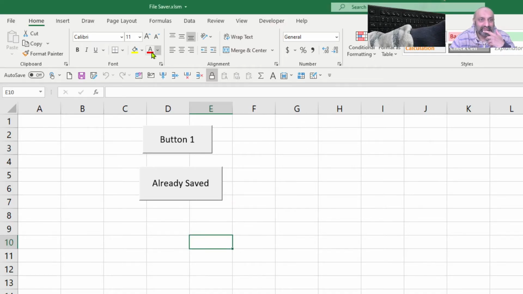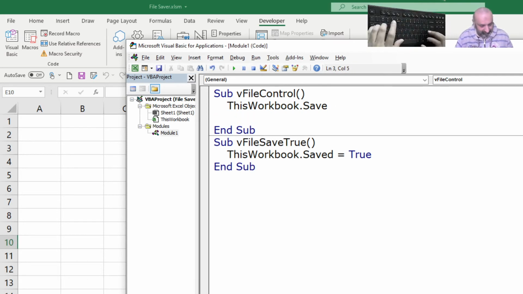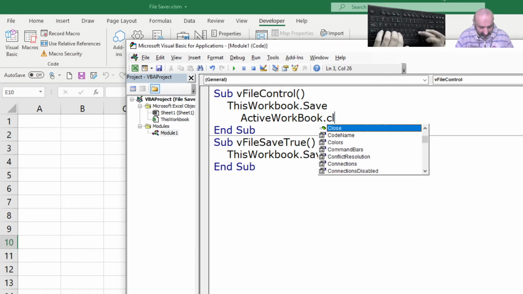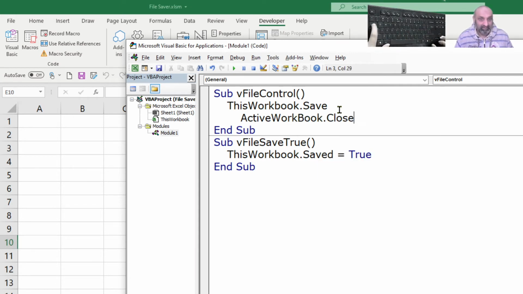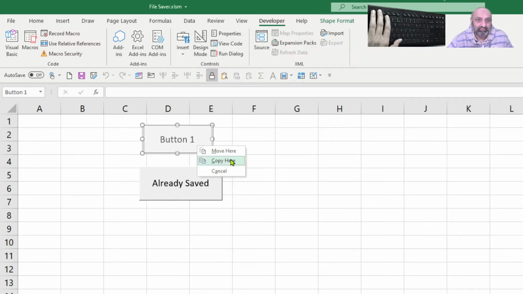So in the developer, in Visual Basic, after saving, I say ActiveWorkbook.Close, and let's copy this also in our macro, and let's call it FileSaver, and link this button to it.